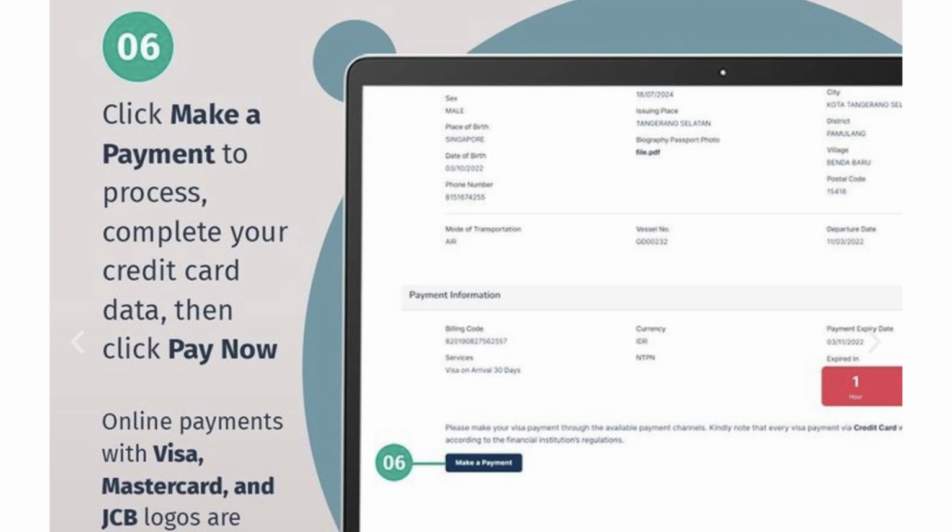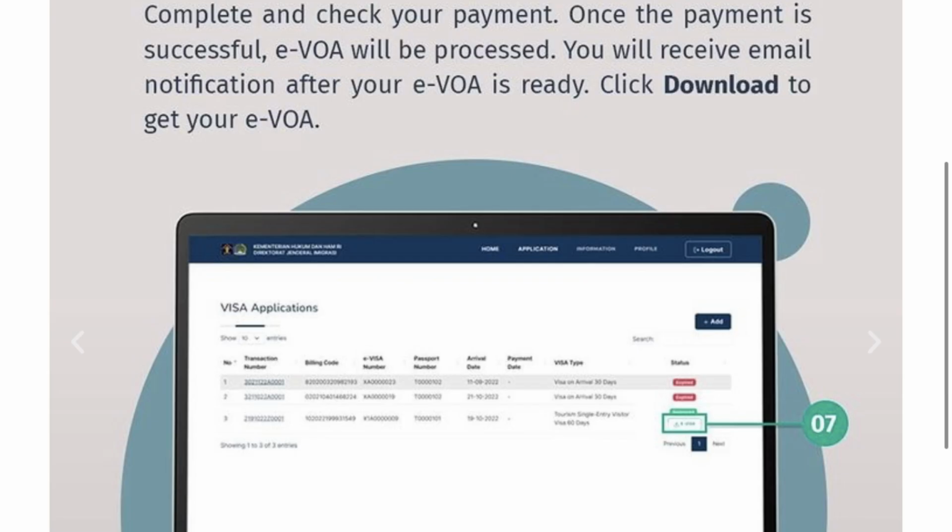And then after that, just make a payment. You can pay with Visa, MasterCard, and JCB credit card. So you can pay with all major credit cards. And then check your payment. Once the payment is successful, the electronic visa on arrival, or the EVOA, will be processed. You will receive an email notification after your EVOA is ready. All you need, just download the electronic visa on arrival when it's done. There you go, the